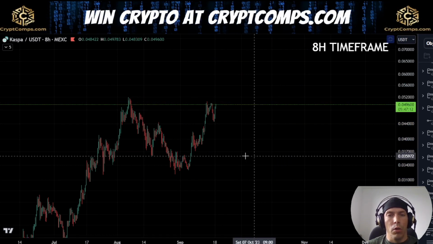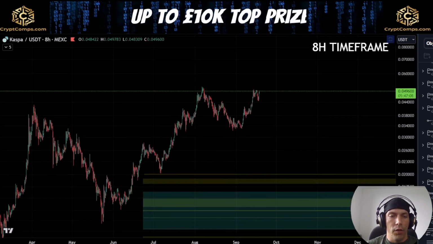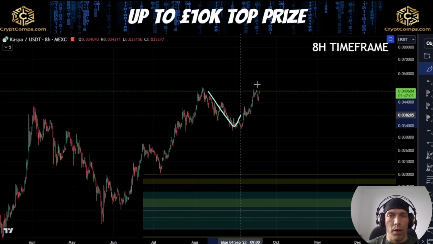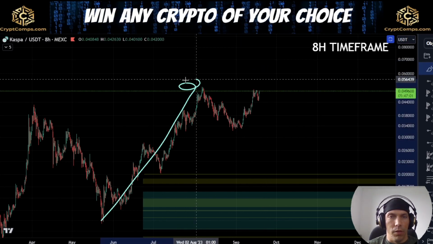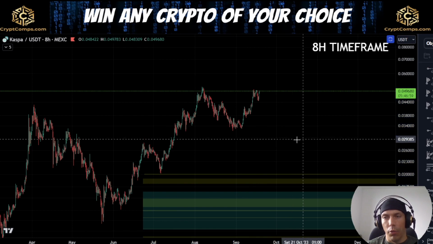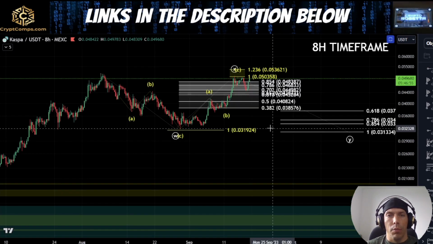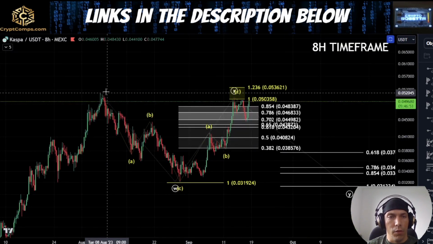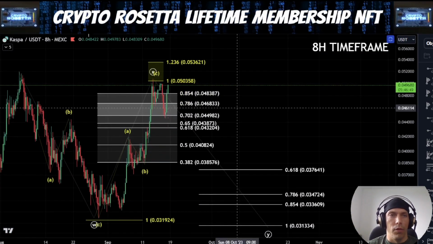Now we're going to go over the more bearish idea here, where what we're saying is that instead of this move being a fourth wave and a fifth wave to the upside, what we could have is that this move is completed into this high and we're looking for a bigger corrective move to the downside. So within that idea, what we were talking about previously is the fact that this move could just be a W, an X, and we're looking for a Y wave to the downside.